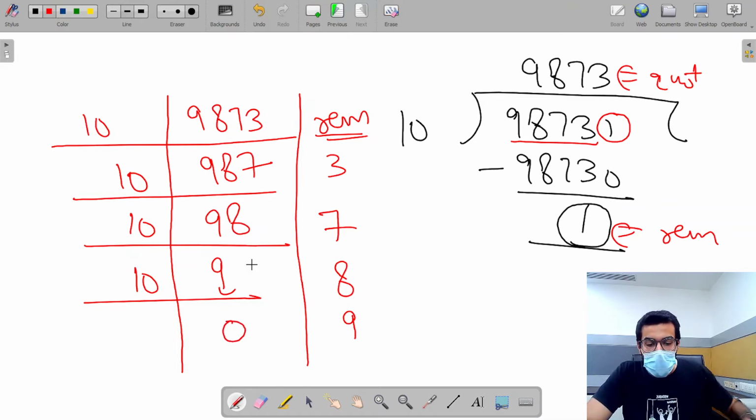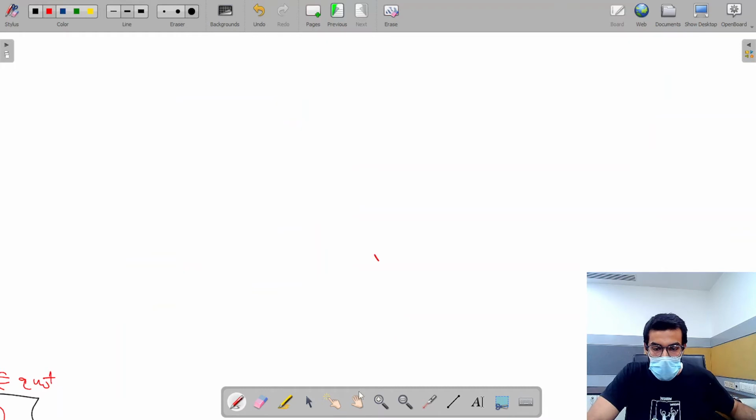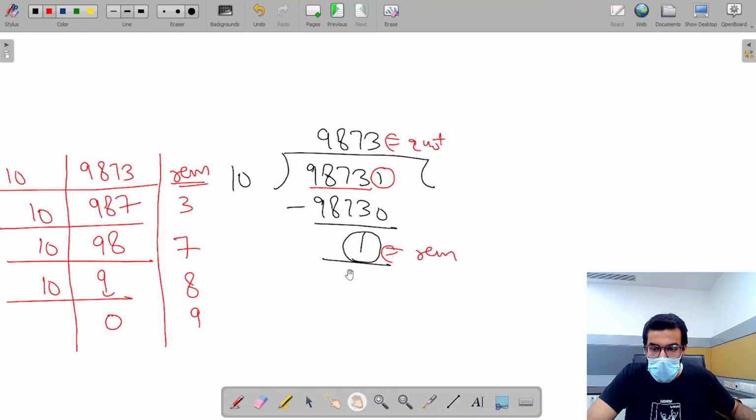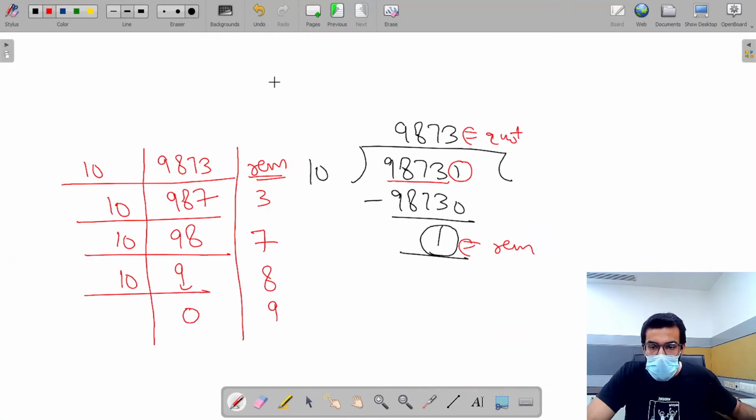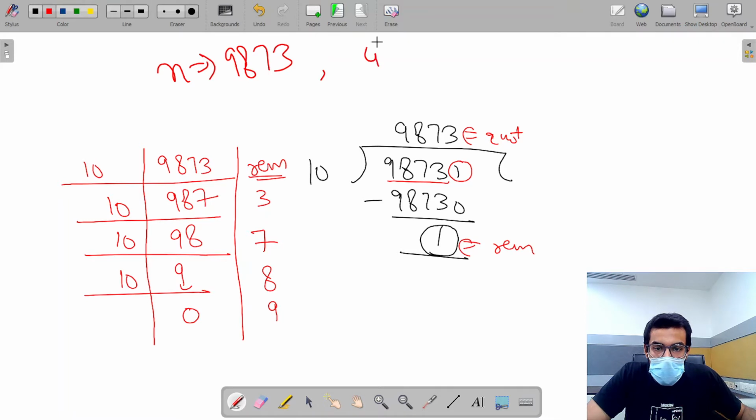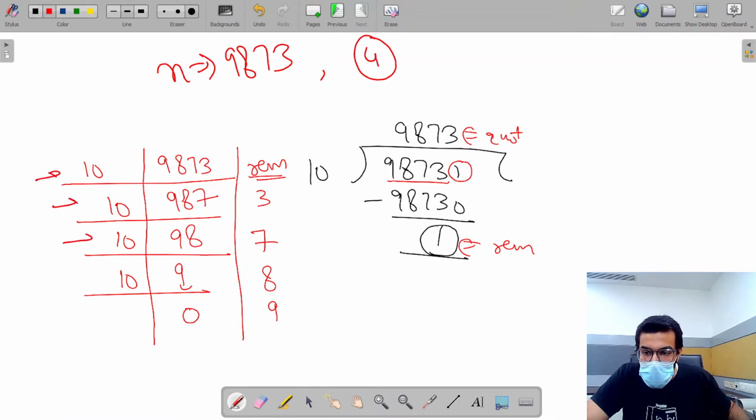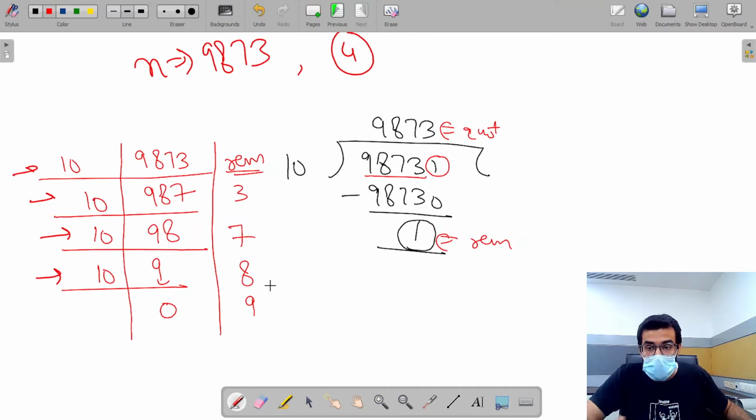Now let's wait up till here and see a particular thing: what is the answer to this problem? If the user had inputted this, then the answer would be simply 4. And up till here, how many steps have we done? 4 steps. Can we take certain observations out from here? Yes, we surely can.